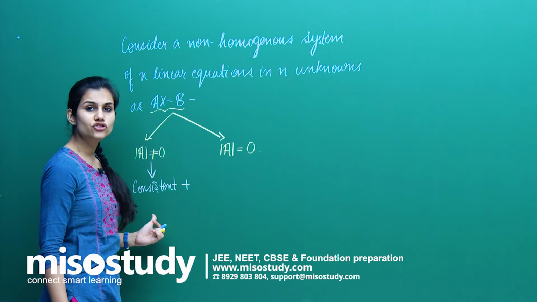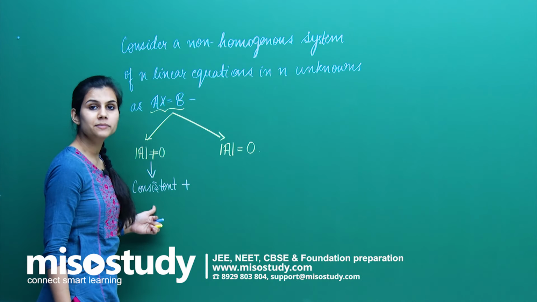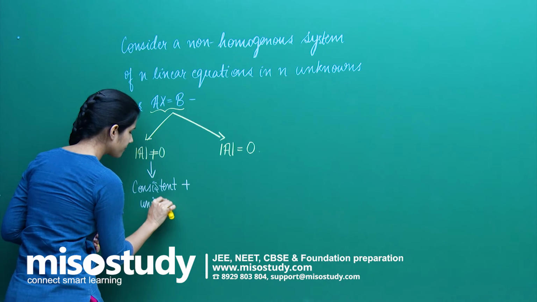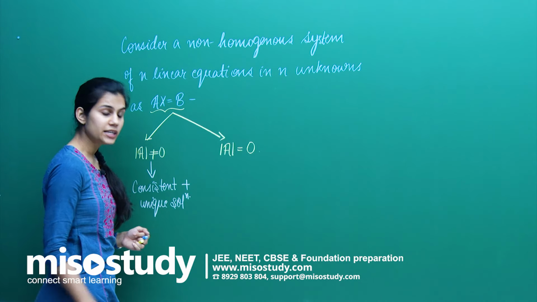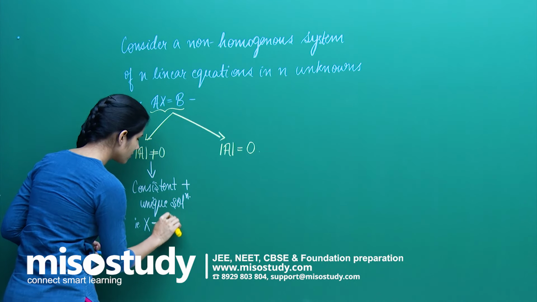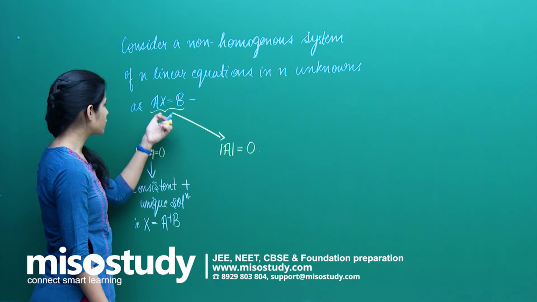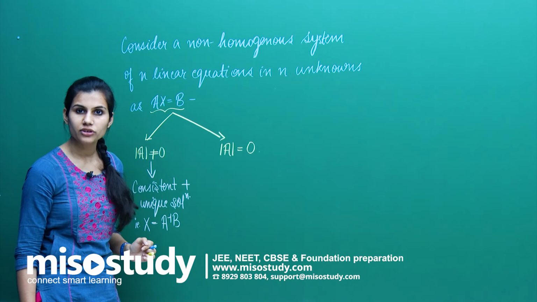Consistent just means that it has at least one solution, but this system becomes consistent with a unique solution. And what is that unique solution? The solution X, which on getting plugged in satisfies this matrix equation, is given by